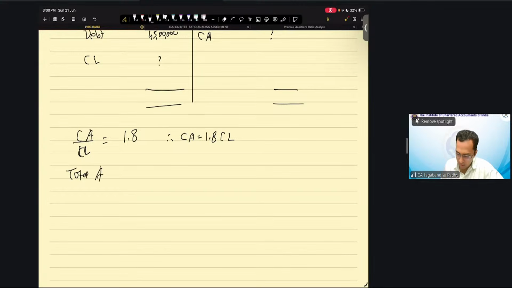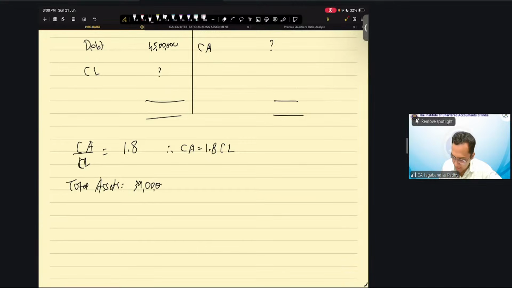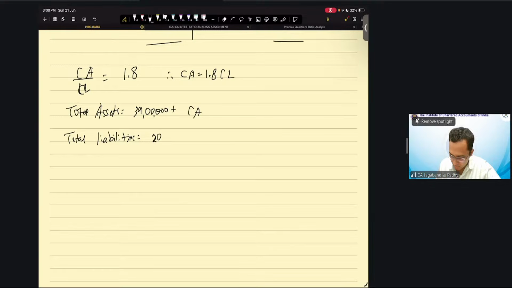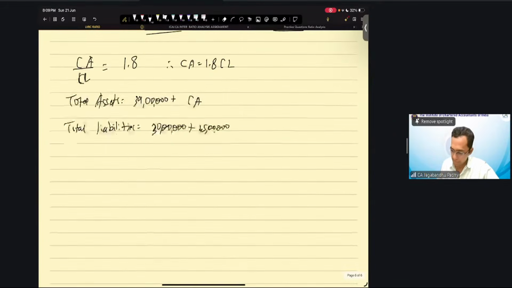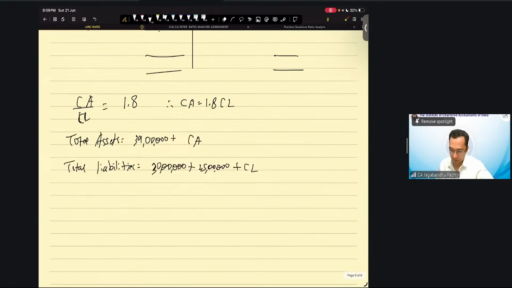Then we'll say total assets is going to be equal to 39 lakh plus current asset. Total liabilities is going to be 30 lakh plus 45 lakh plus current liabilities. And of course, we can just substitute here and say that this is 75 lakhs plus